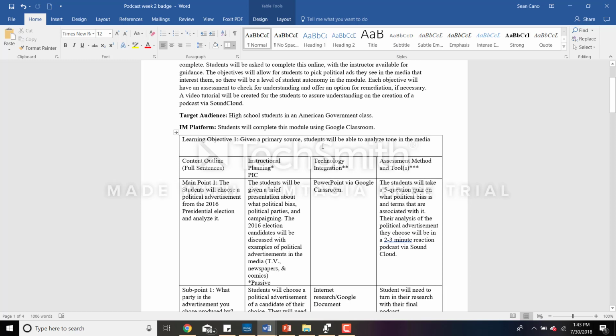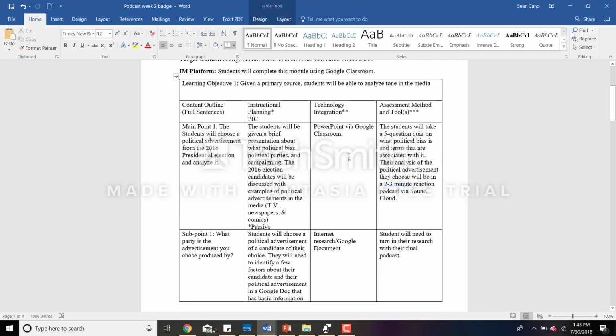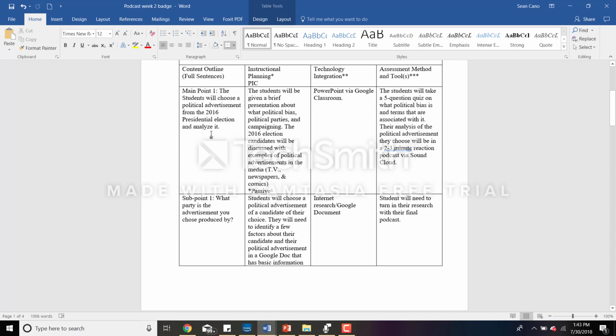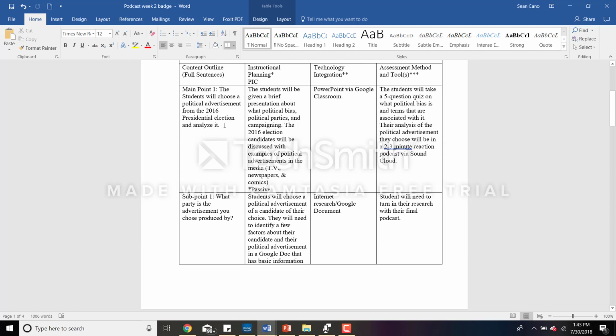So our first objective is, given a primary source, students will be able to analyze tone in the media. What they're going to have to do here is pick their own advertisement from the 2016 presidential election, and they're going to analyze it. That's our main point. To start off with this, we're just going to give them a quick